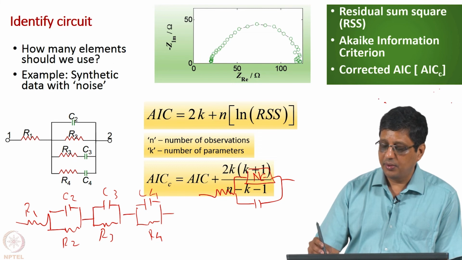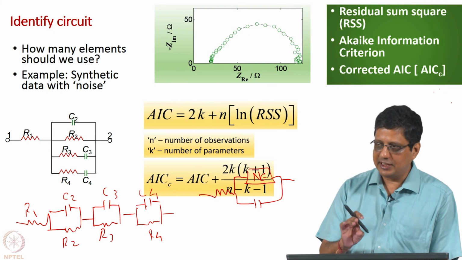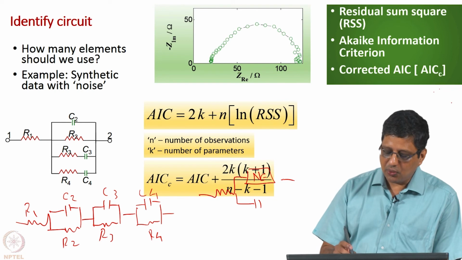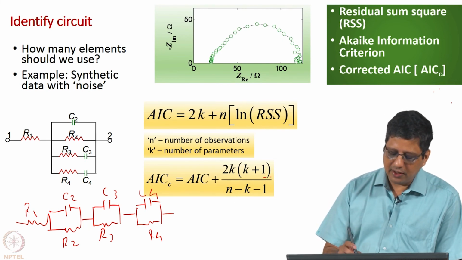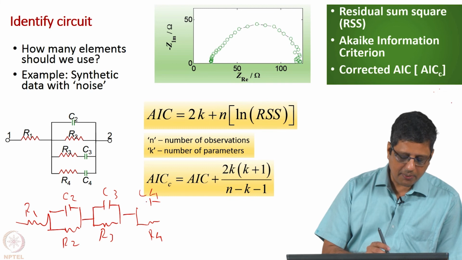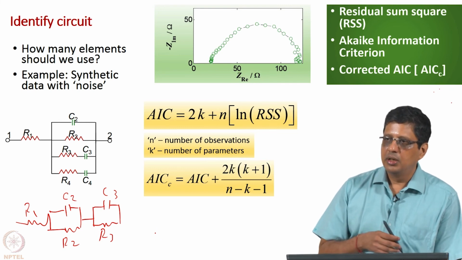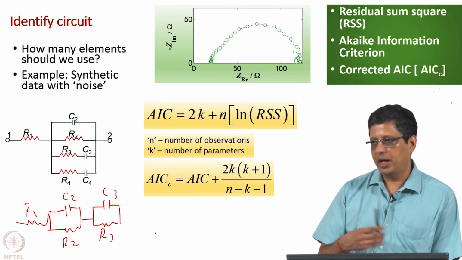You can add more elements, meaning I can add one more pair of resistance and capacitance, and all the software will allow you anyway. Now, whether you want to add or not, you really have to think about your system and see whether it is justifiable. If it fits well with 4 RC elements, you can repeat the experiment and confirm yes, it can be fitted only with 4 RC elements, data does not fit with 3 or 2. I need to come up with some interpretation to tell why it needs so many. I do not know if I am answering your question, but okay.